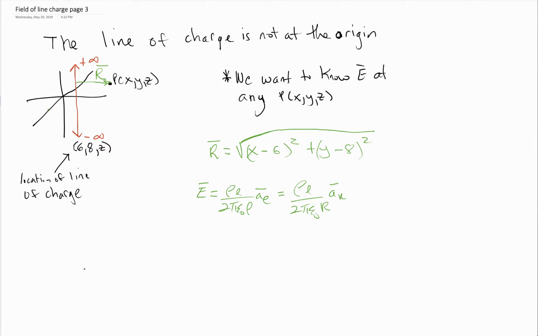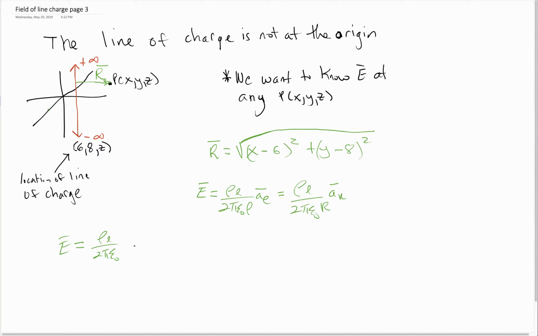And then we just plug in everything that we know. E is equal to rho L over 2 pi epsilon 0, and then we have our x minus 6 ax vector, plus y minus 8 ay, over the rho, or r at this point, I should say,